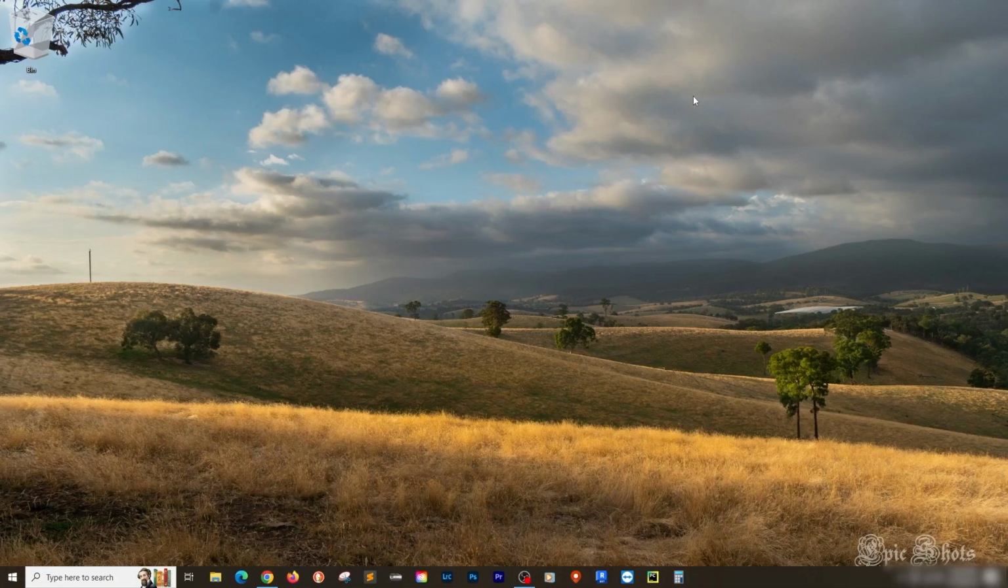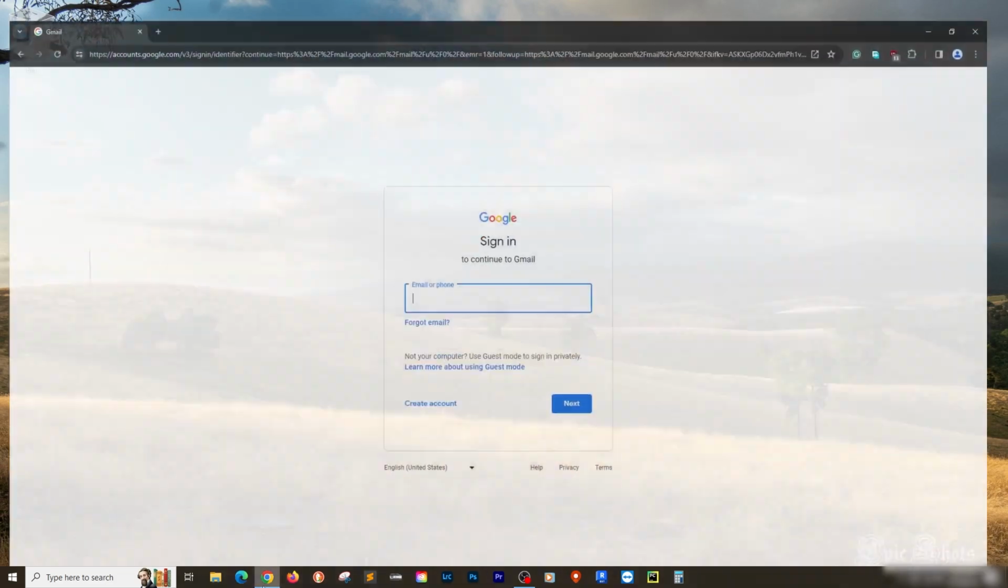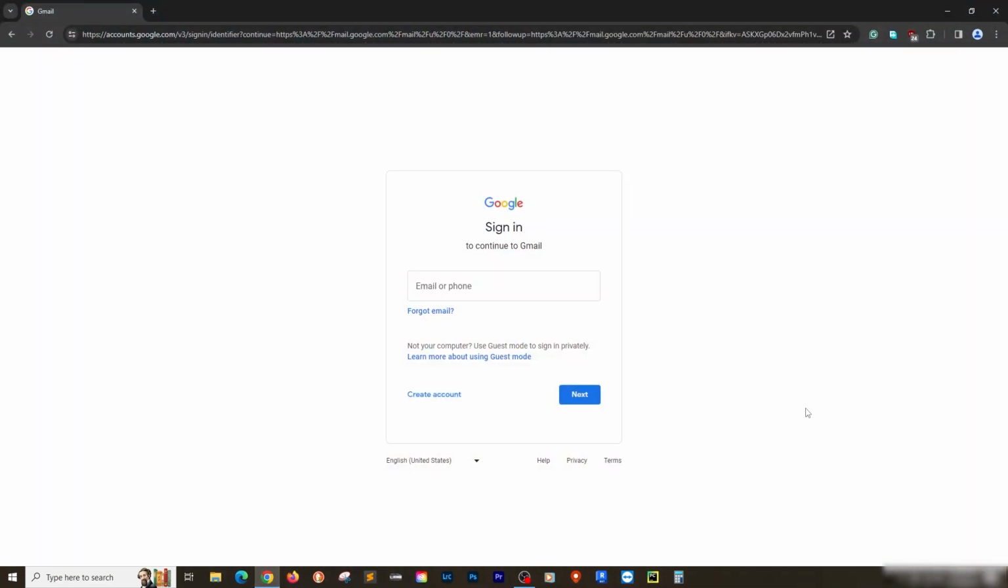This video is to show you how to create desktop shortcuts for any website using Google Chrome in Windows 10. To demonstrate this, I'm using the Gmail login page as an example. To create the desktop shortcut for this particular web page, the very first thing that you have to do is